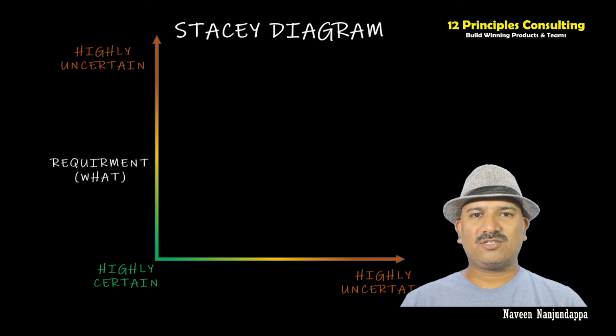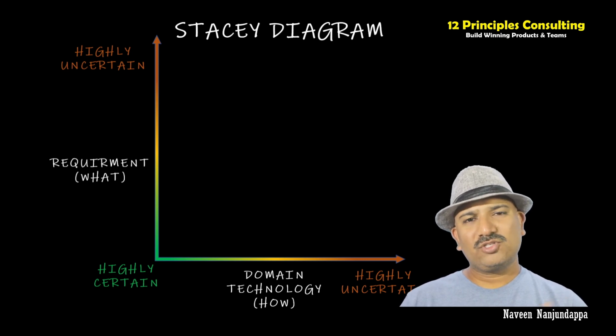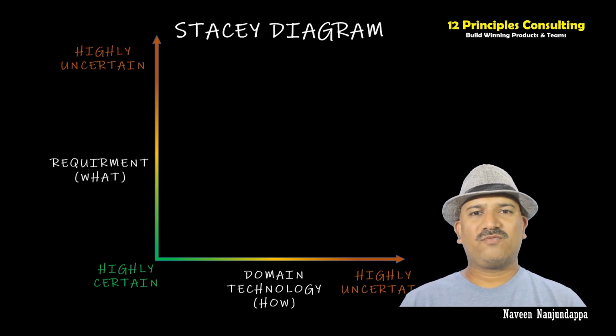The requirement axis talks about what needs to be done, while the technology or the domain axis is where you have the certainty on the domain or uncertainty on the domain. And depending on these two variables, we have four different zones that get created. And those are,